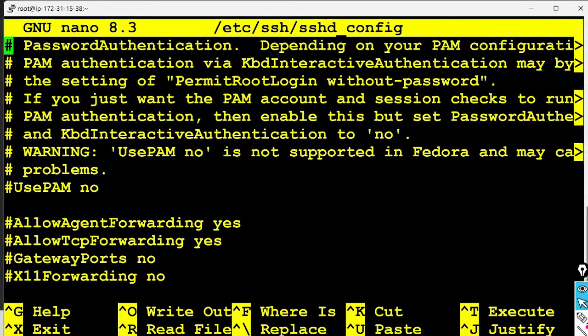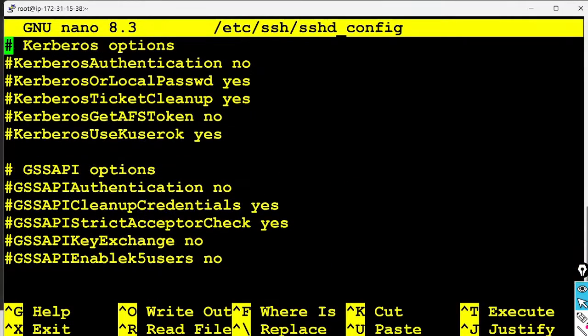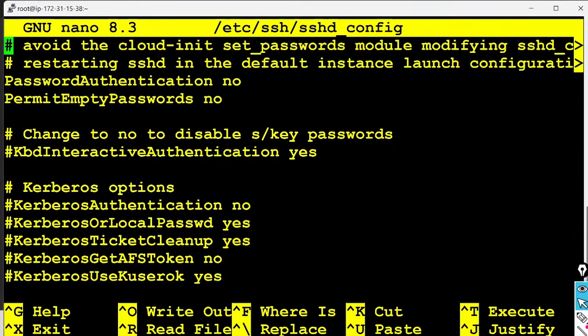Check one more time, boss. Slowly. Okay. PasswordAuthentication. Yes. Just no. Okay. Simply yes or no option. So the no option is available.